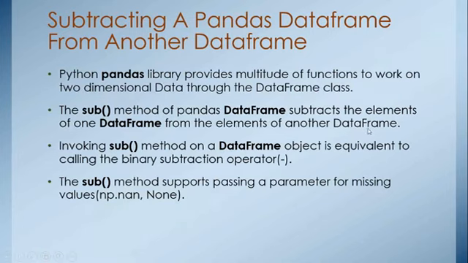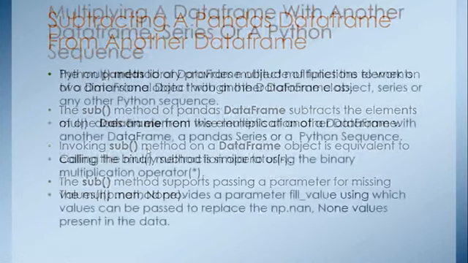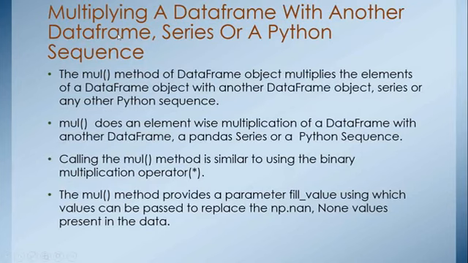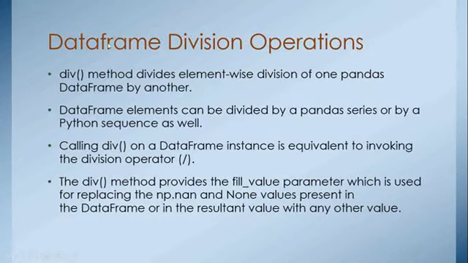क्या समझ में आया इसमें? It means we are creating two different data frames and out of them we are performing functions like addition, subtraction, or we can also perform multiplication on the different data frames by calling the multiplication method, as well as we can use the multiplication operator. Similarly we can also perform division operations. So these four functions are called binary operations. Besides these operations we can also use different operations which are related to binary operations.